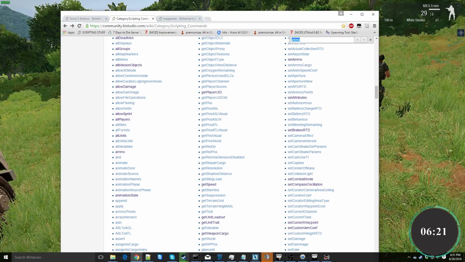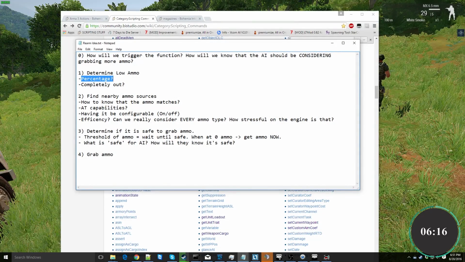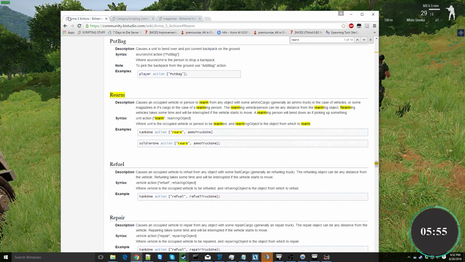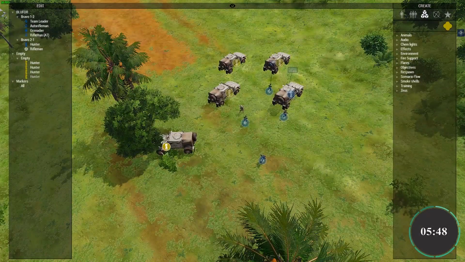So I think I need to... This idea I had. So this is why scripting can be hard for me. I'm sure people have a better grasp on this. For me, scripting is difficult because looking at this now, maybe I just need to run. What if the engines are smart enough to determine that they need ammo? And all I need to do is find nearby ammo sources. So let me see if I take this lovely rearm action, right? And I'm going to...